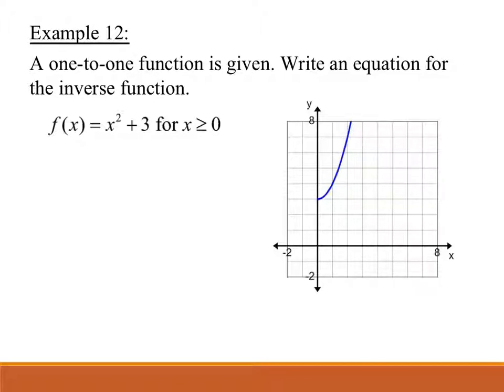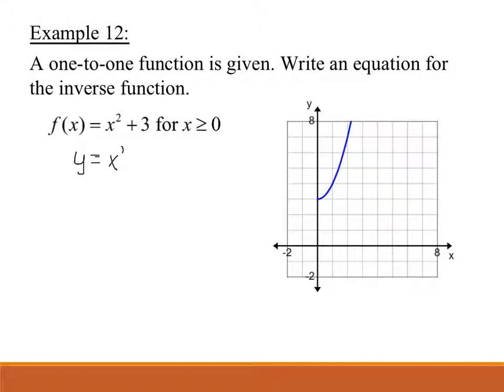So it's only one-to-one for x greater than 0 in this particular case. I could split up the parabola in two different ways. So in this case, I'm going to allow myself to look at only the positive options for x. And so now I'm going to let y equal